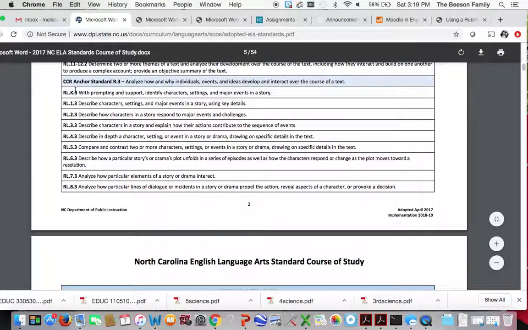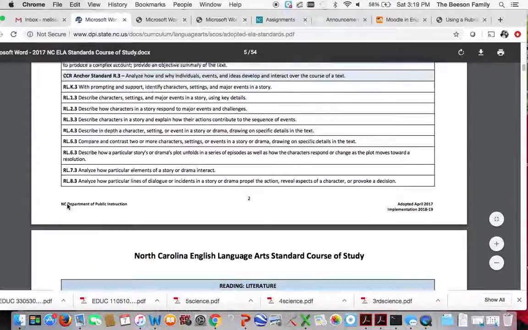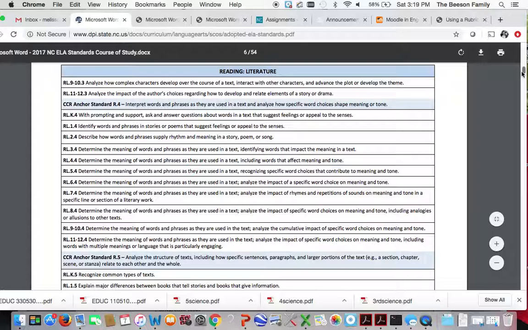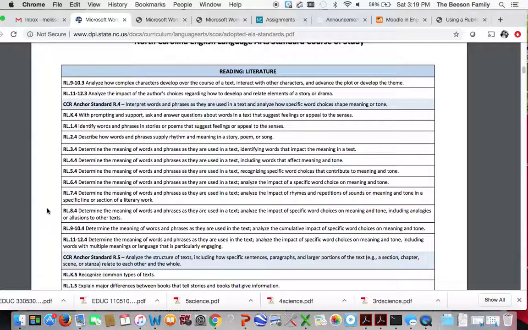So you see that in all of these. Like here's an anchor standard, and it's very general. And then the kindergarten through 12th, well, this one only goes through 8th grade, but it builds. Oh no, it does go through 12th. I missed that. So you see the anchor standard again, it's in blue, and it builds. So spend some time looking through these and let me know what questions you have or clarifications, knowing that you